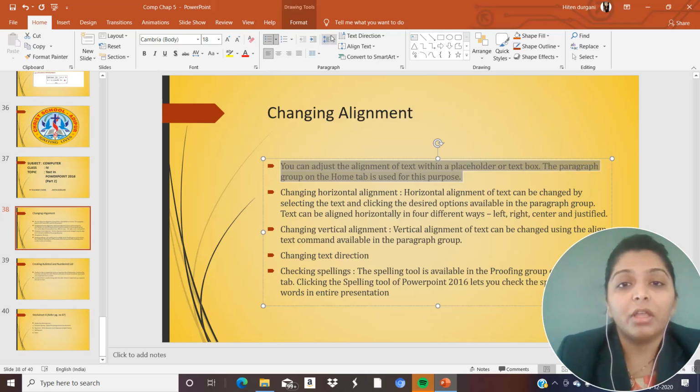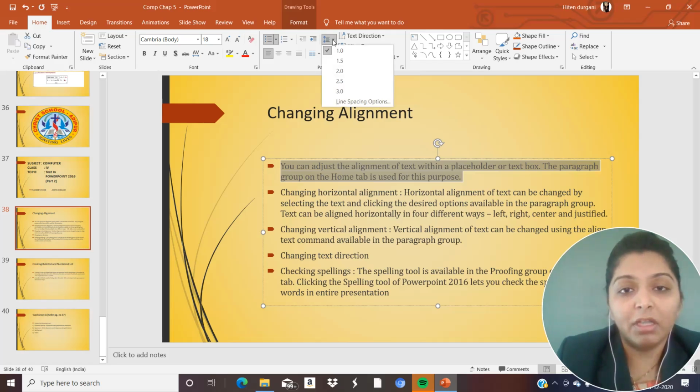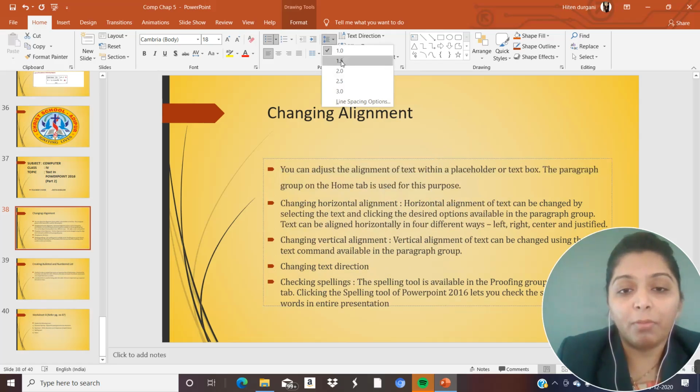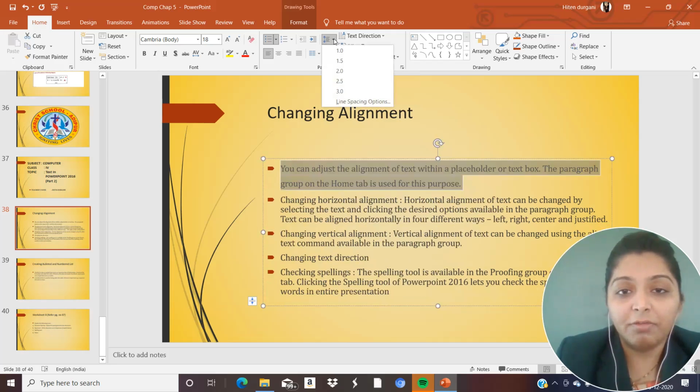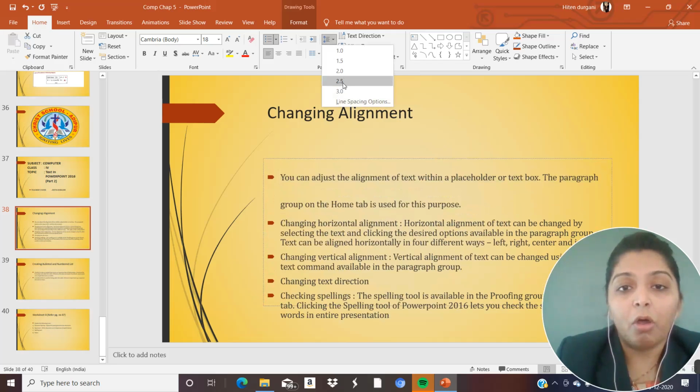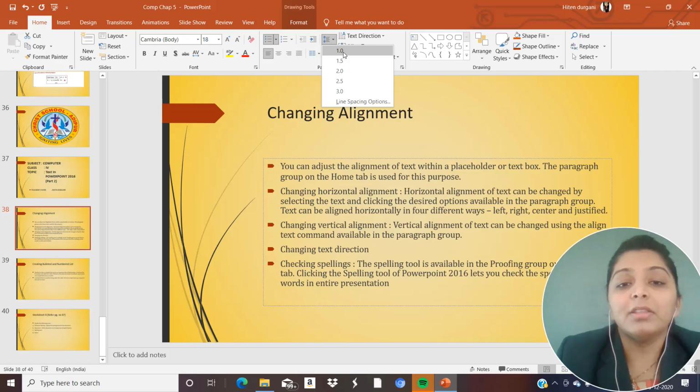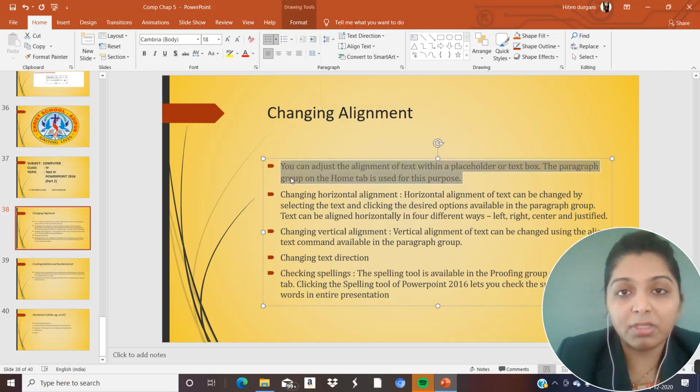Then, dear children, here you have the line spacing, that is, how much space appears between the lines of the text. That is 1 point or 1.5. You can see the difference here, or 2 or 2.5. In the same way as you write in your notebooks, you leave one line and then you start writing. Sometimes you don't leave a line. In the same way we can also leave spacing between the lines.